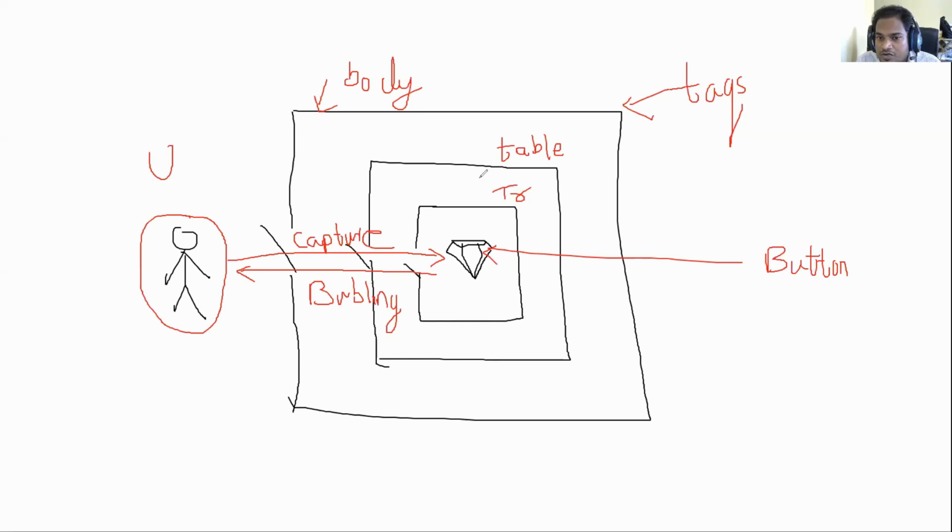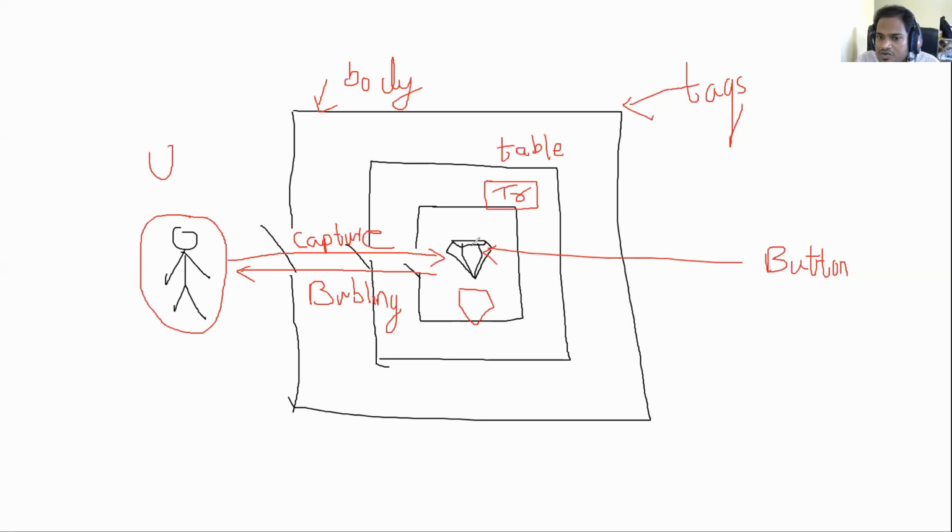If you attach an event listener to the TR, let's suppose there is a button and I have added an event listener to the button, right? Now if I add one more diamond over here, when you add an event listener to the button, will that event listener be added to the new diamond, or new button, also?